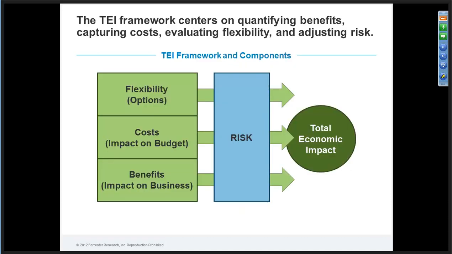So at Forrester, we have a framework that we call the Total Economic Impact Framework. And it's a little bit more complex than a simple ROI calculation. In a simple return on investment calculation, what you tend to look at is the benefits, essentially the return that a solution provides, and you look at the costs that solution incurs. So the first two elements of the TEI framework are the impact on the budget and the impact on business. Now to that, we add two additional